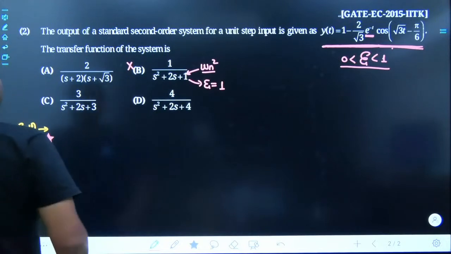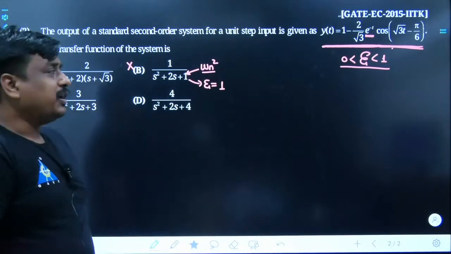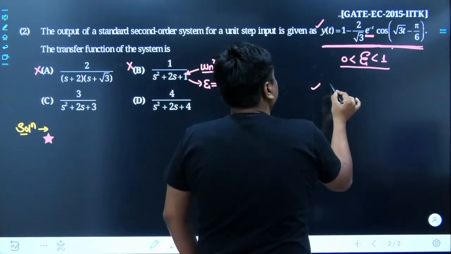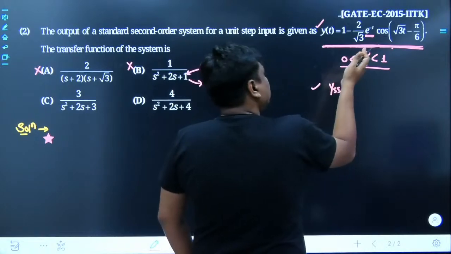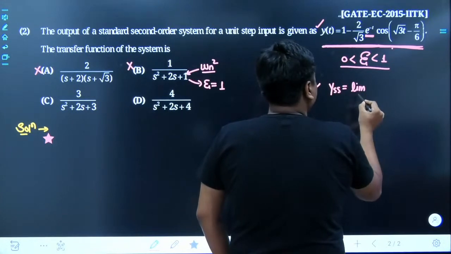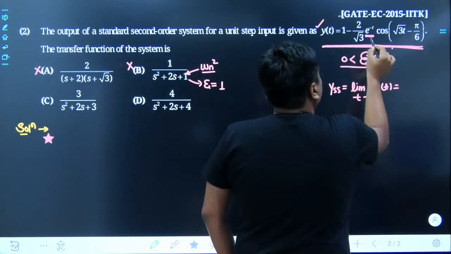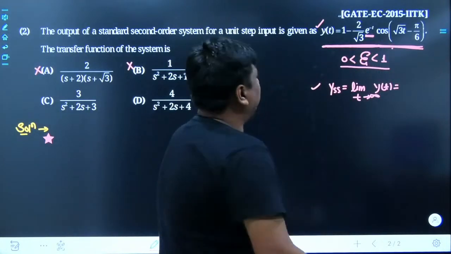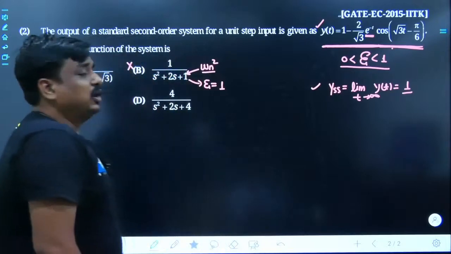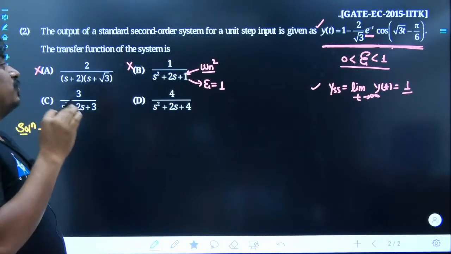Not only that, even option A is also ruled out. Now many people would say, sir, how did I know about it? My dear friend, if we talk about its steady state value, tell me what would be the steady state value, Yss? The thing has been given in time domain. You have to just feed t tends to infinity. Once you feed t tends to infinity, the factor e to the power of minus infinity would dominate over the complete oscillation, and the resultant we get is 1. So one thing is again quite sure: the multiplier factor k has to be 1 for this transfer function.